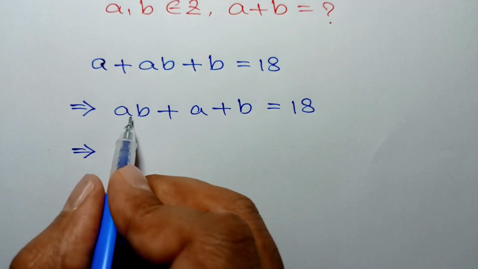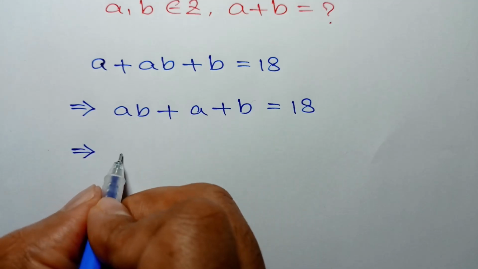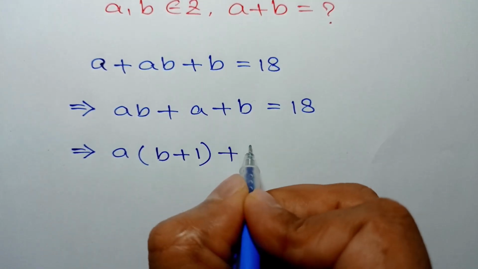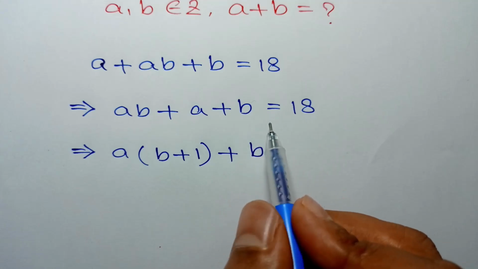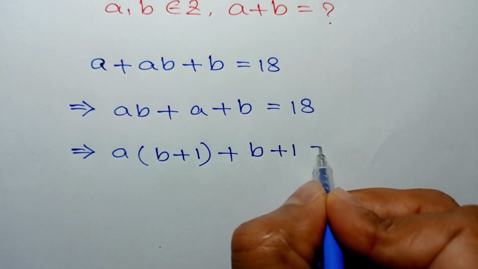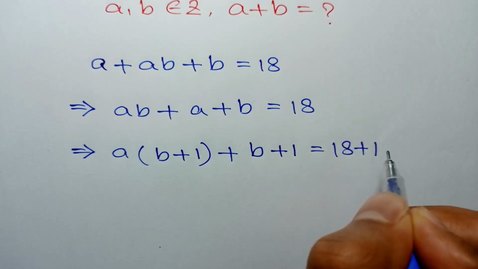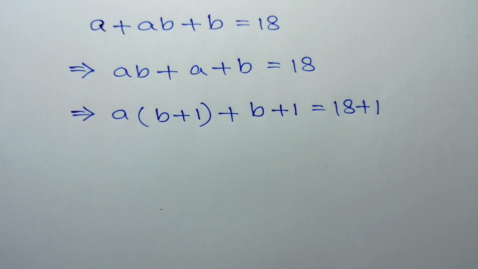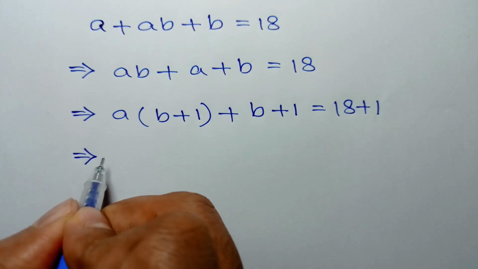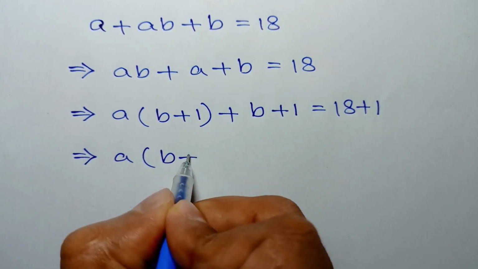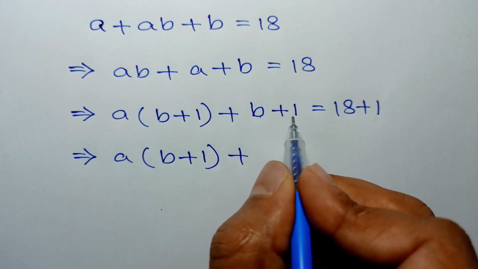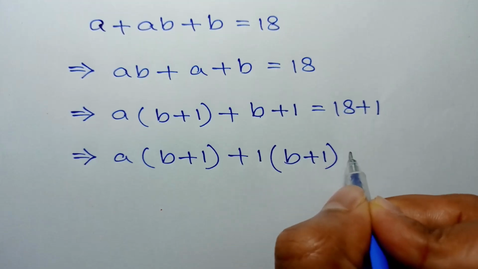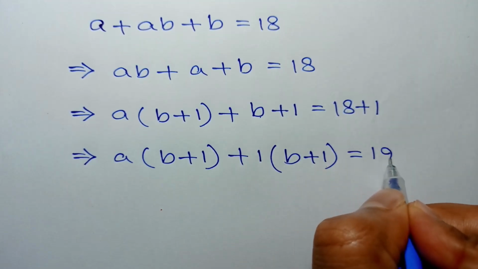or taking common a from the first two terms we can write a(b + 1) + b, and adding 1 to both sides we can write + 1 = 18 + 1. This 1 will cancel out from both sides, or a(b + 1) + 1, taking common 1 from these two terms we can write 1(b + 1) = 18 + 1 is 19,